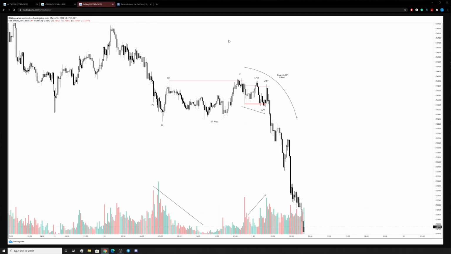Okay, so example number 3, final example. As you can see, preliminary supply, selling climax. Once again, we see that kind of climactic action, but then we also see a ton of demand come into play. So it's very, very weird per se, even though our entire bearish diminishment is there. So you see that, you see our automatic rally. We see our secondary test area here because we see 1 test, 2 tests, 3 tests,